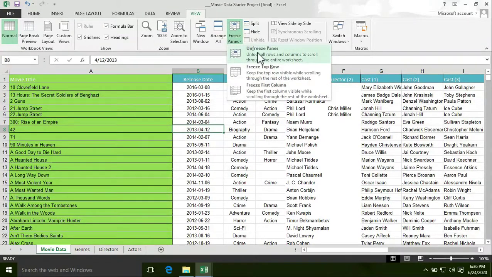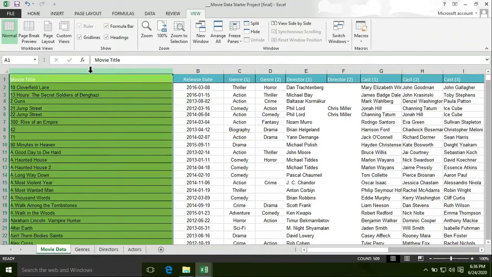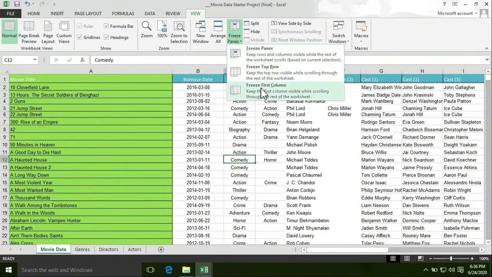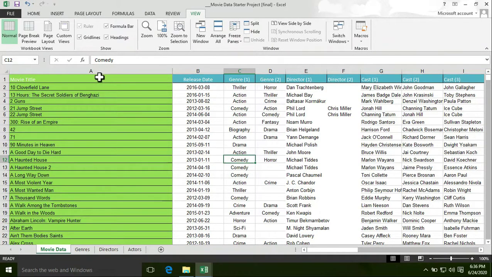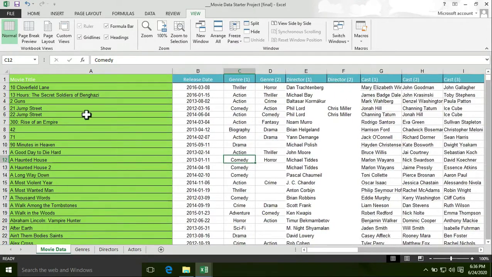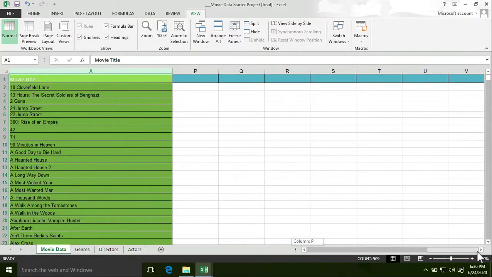Now click on unfreeze panes. Now this time I want to freeze the first column only. So click on freeze panes under the View tab, then select freeze first column. Now the first column, or column A, is frozen. Let's check. I'm going to scroll horizontally from left to right, and as you see, the first column, column A, is completely frozen.